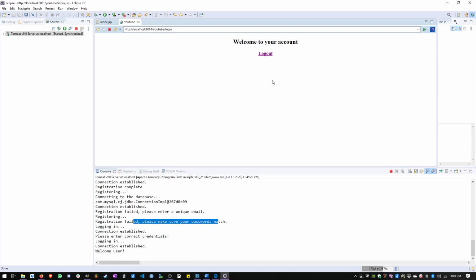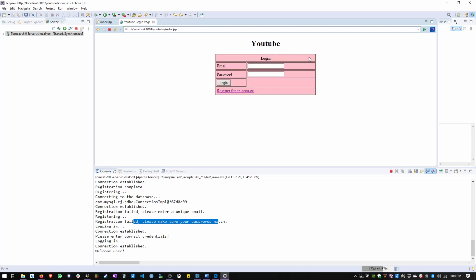Okay, so once you type in the right passwords, this is the welcome screen that any user is going to get, besides the root user. And then you can just log out. We'll bring you back to the login page. So if you log in with root,